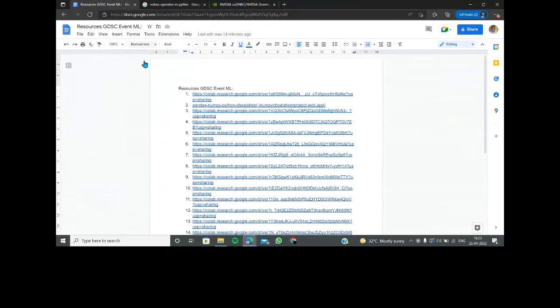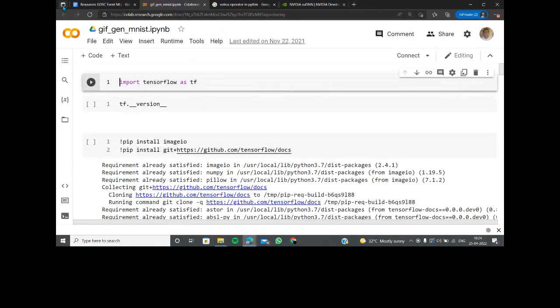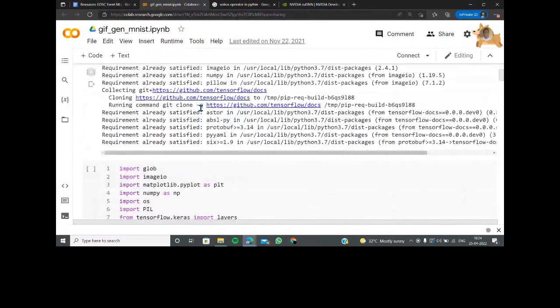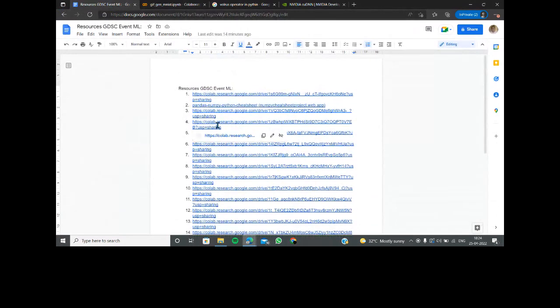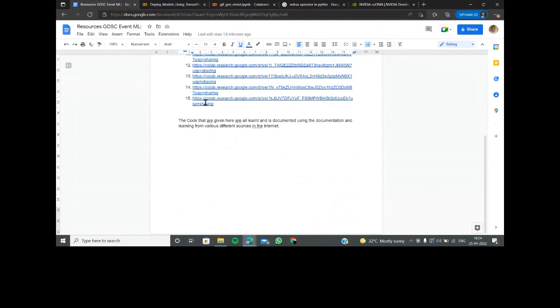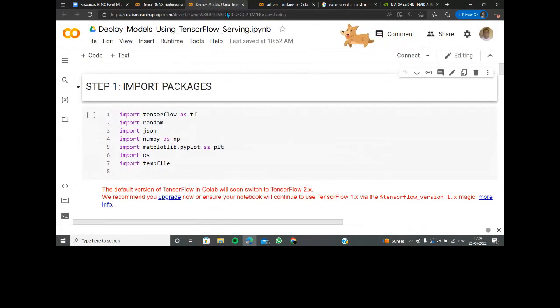And even then, back when I was doing some sort of application building, I think this is the notebook that I really wanted to show you guys, because this is a GIF generator, because the entire thing that I was always supposed to talk about was also a GIF generator. But I will talk about this notebook as well as this notebook here. I think this is the ONNX conversion. Yeah, this is the ONNX conversion and everything. So this is the deployment.